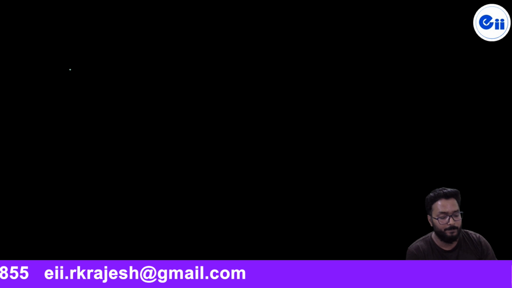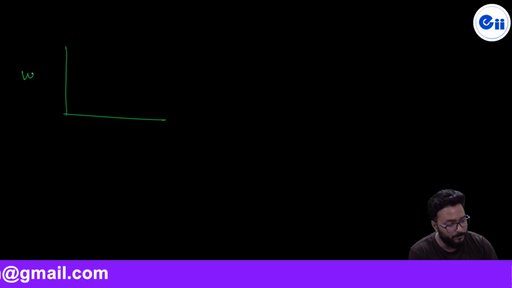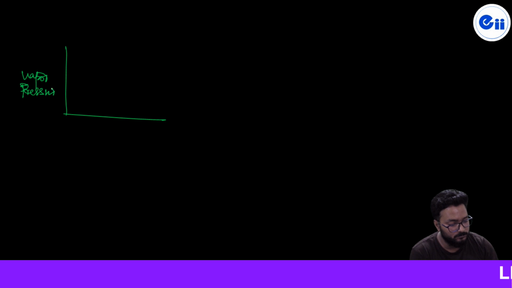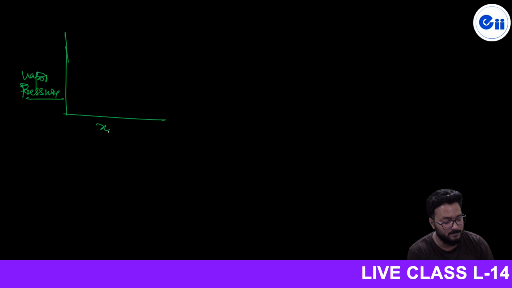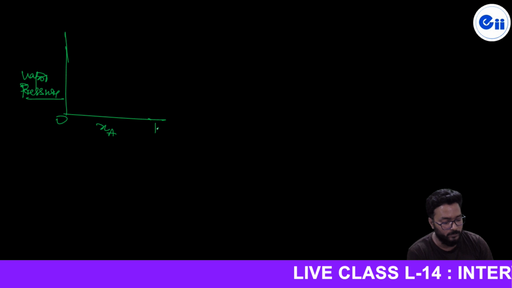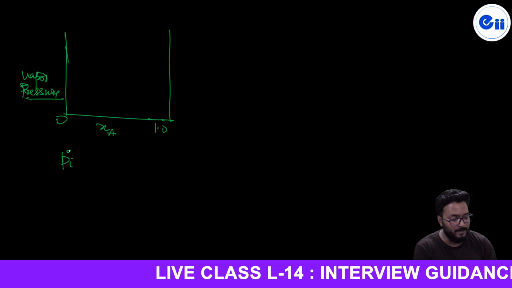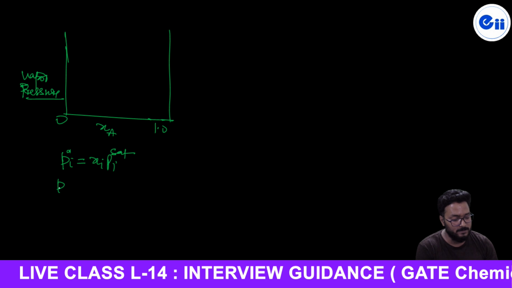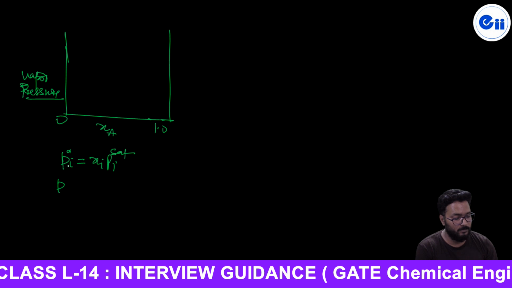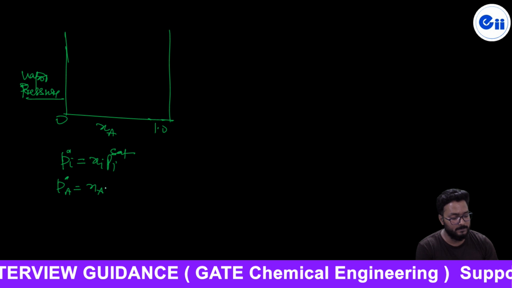this condition you can observe that, let's say it is your vapor pressure or saturation pressure, and it is the mole fraction, let's say x of A, 0 to 1. Just try to understand what I want to tell you. From ideal Raoult's law, Pi star is equal to xi into Pi sat, or you can say Pa star is equal to xa into Pa sat.